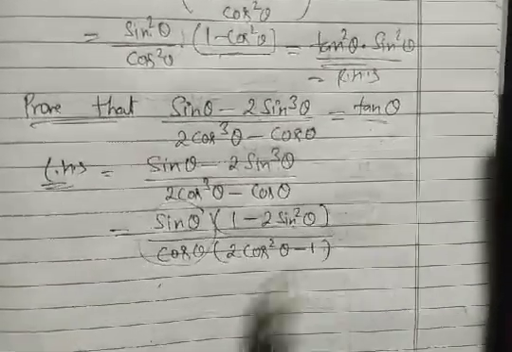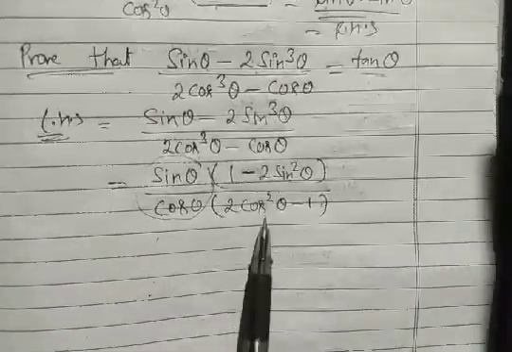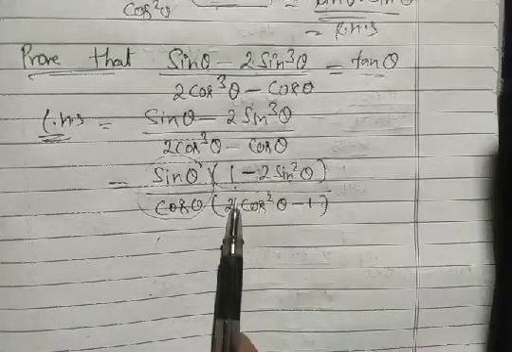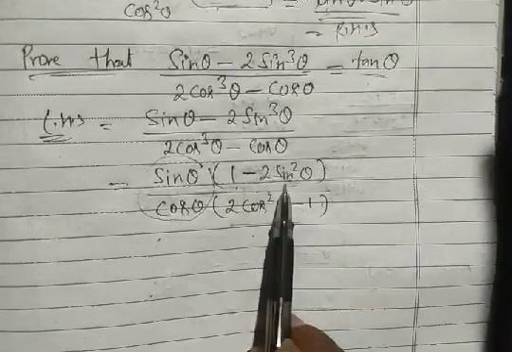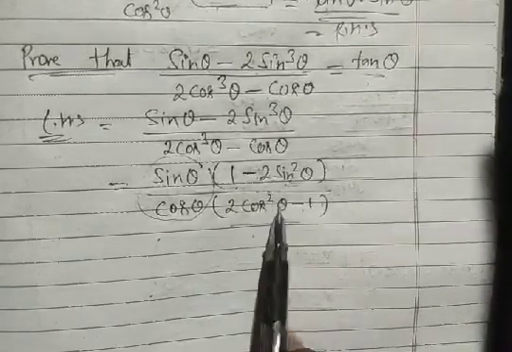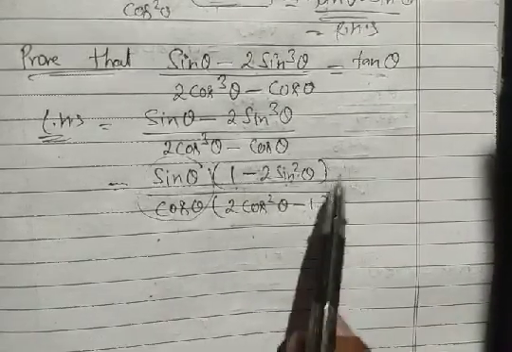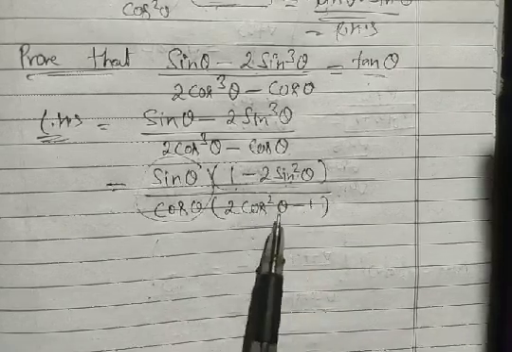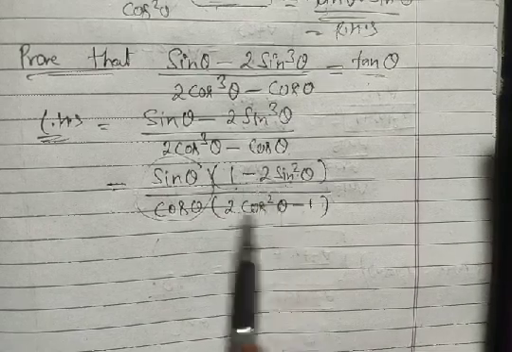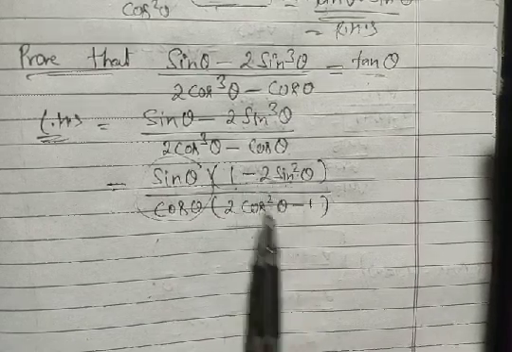Then in your mind, you may wonder what happened to 1 minus 2 sin square upon 2 cos square minus 1. Obviously these identities are equal to each other, and they cancel each other. That's why we get our result here. Now we have to show that these are equal. How can we show that? We can convert one of the numerator and denominator into the same values.